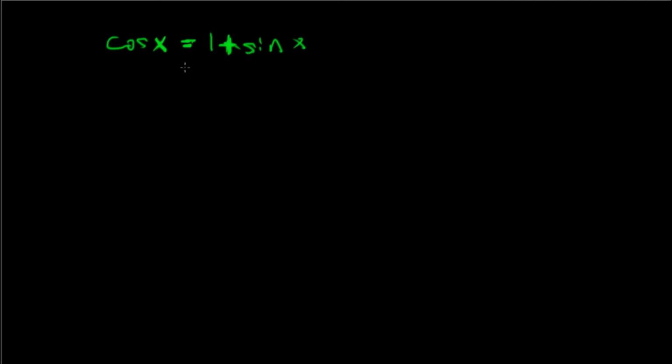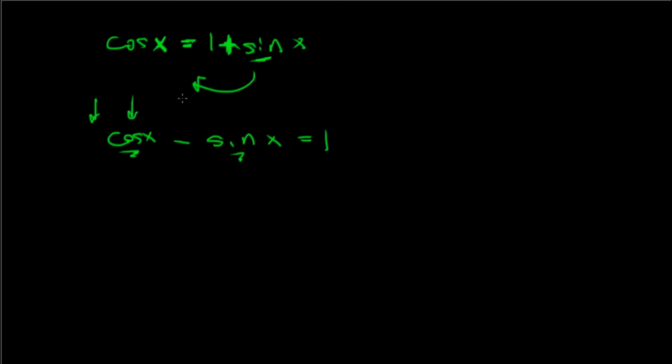So what I'm going to do is I'm going to move the sine x to the other side. All right, so we have cosine x minus sine x equals 1. And so why does this lesson come at the end? It has to do with what we've now learned since we solved this equation. So what has happened since then? We learned a bunch of identities. And this, if you think about it, kind of looks like one of our identities. It's kind of a stretch, but